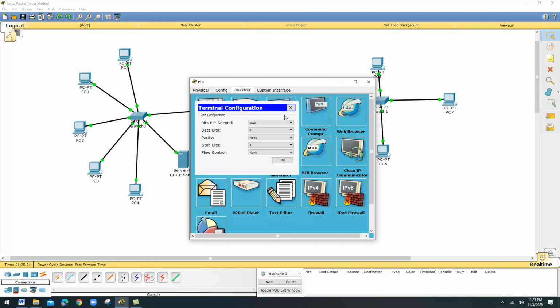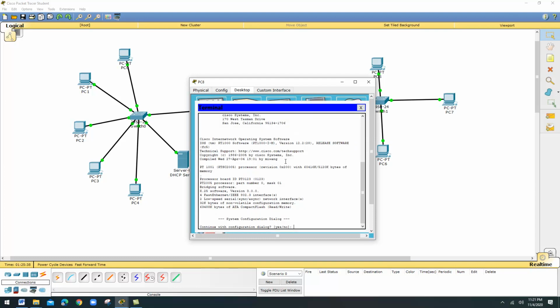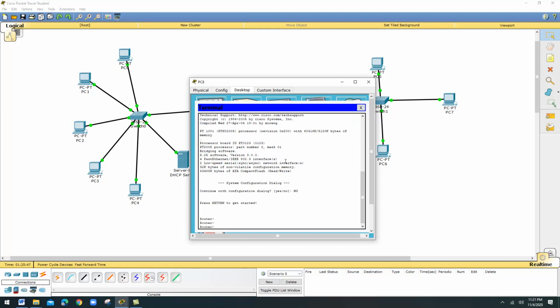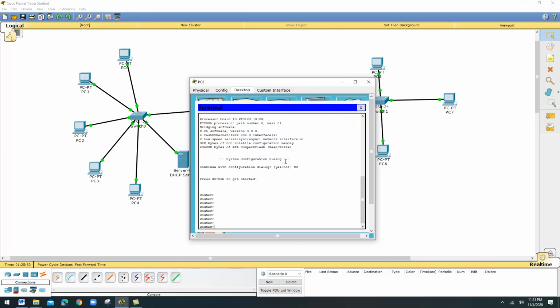There is some software available, for example Putty, P-U-T-T-Y. Putty is very popular software you can use to enter into the router. You will study one by one slowly. Now I am going to click OK here. If I click OK, you can see here the continue with configuration dialog. I am giving no. If I give no, I just enter into the router. This is the easiest way and this is the correct approach actually, because if you buy any new router, there will be no configuration in that. To do the initial configuration, I want to change the name of the router, you can do it here.